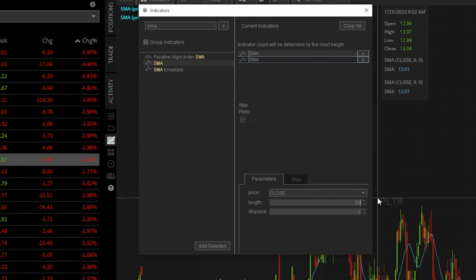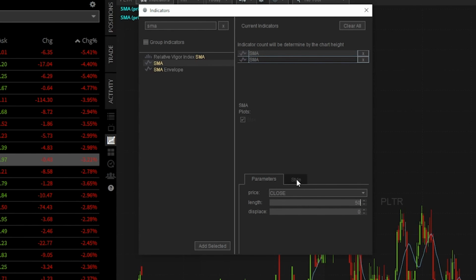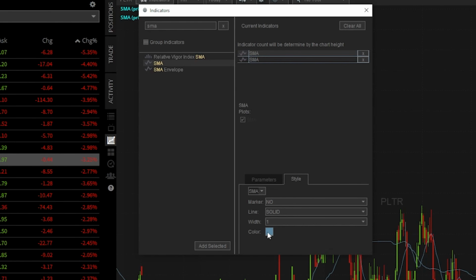The next thing I'm going to do is actually change the color by clicking on the style line. From there, I can see the color box right here. I'm going to click on that and make it more of a brightish, tealish color so it sticks out a little bit more. And I'm going to make the line a little bit thicker so I can see it a little bit better. Now that I'm happy with that, I'm going to move on to the second one,